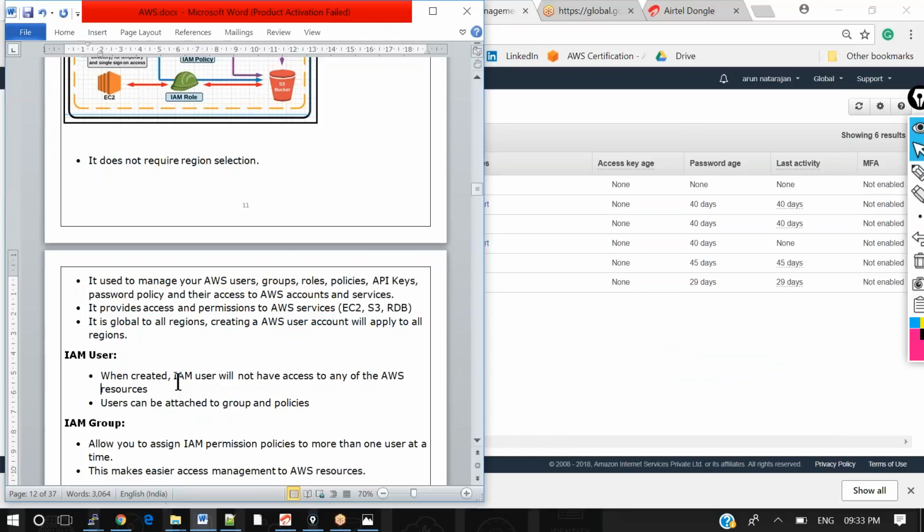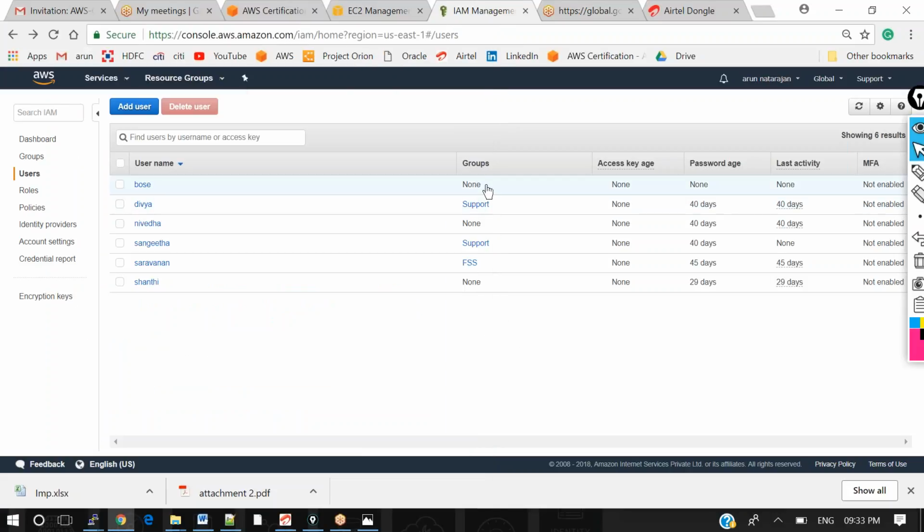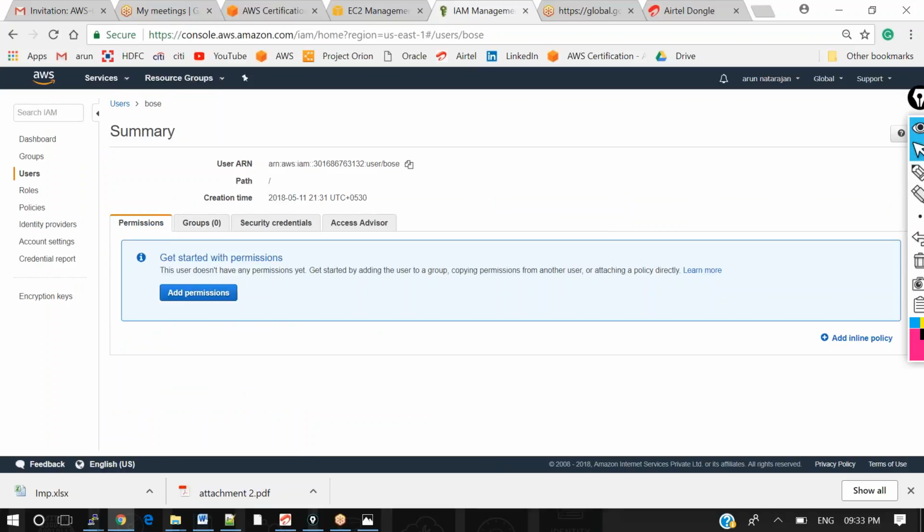The next one, IAM user. When an IAM user is created, it will not have any access to any of the AWS resources. Even you have seen, we created a user called boss, but I haven't given any permission to him. I am now under the properties of the user boss.